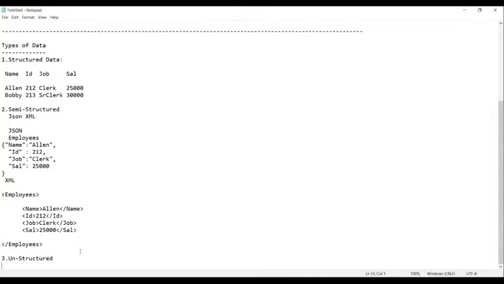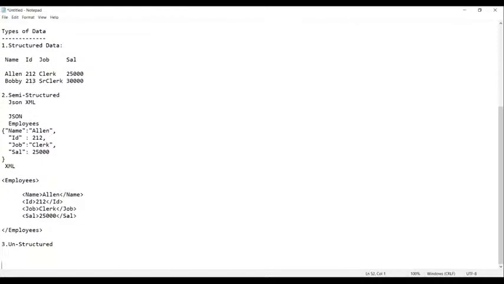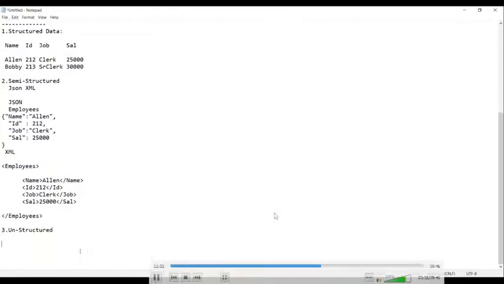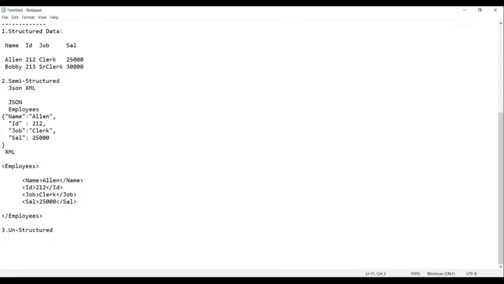Now, guys, unstructured data. Unstructured data means all the photos you have on your mobile phone, all the videos and voice recordings. Videos, photos, voice recordings, everything.